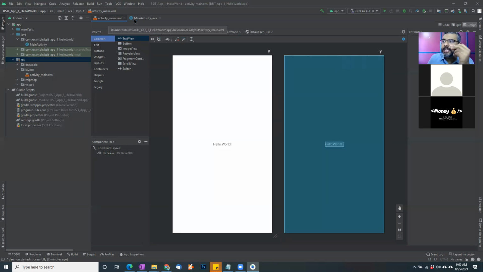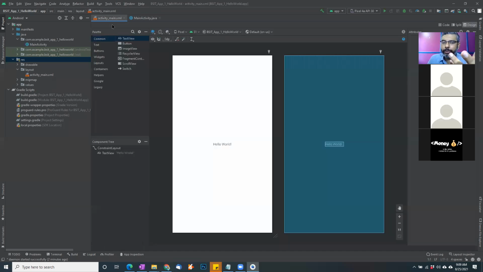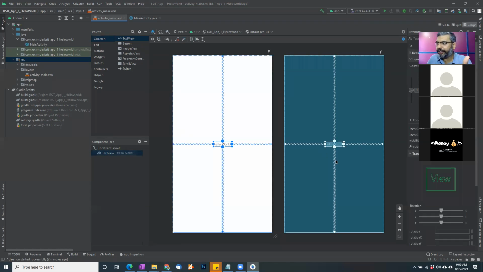That's why we majorly focus on Java, so that we provide the control based on what we are trying to do. So this is our main design area, the final app look and the component look. When we design a component, this is the final layout, and the structure of the components are here. We will explain the difference as we put more components here. Here is your component tree.